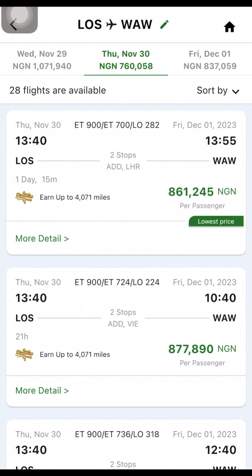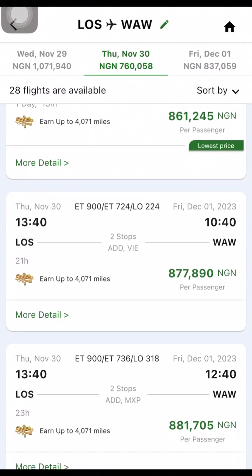If you are going from Nigeria, either Lagos or Abuja, to Poland, please make sure you don't book a flight that is going to pass through London. Though for your flight reservation for the purpose of visa, it might not count. But if you make that mistake during your flight reservation, there is a probability that when you want to book your actual flight, you might make that same mistake. Because for you to pass through London, you need a transit visa. And if you do not get that transit visa, you might be denied boarding. So instead of wasting your money, make sure you check through the options that are presented.